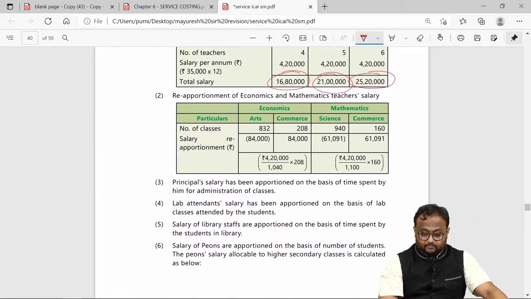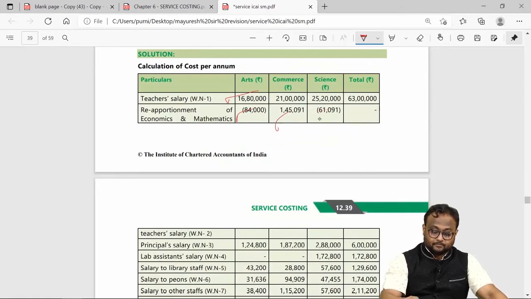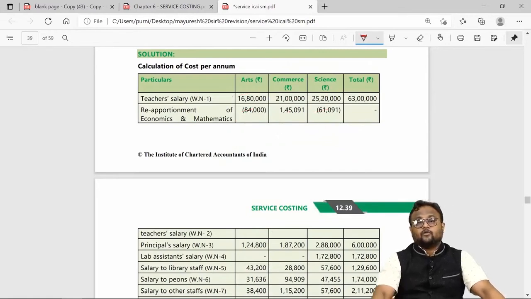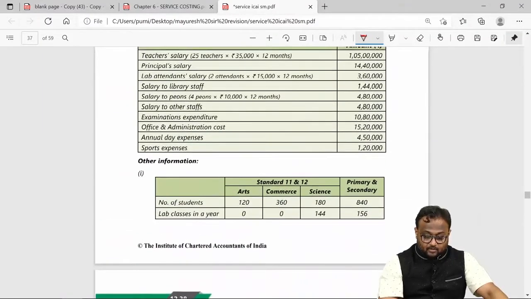This is what I have actually paid to these people. I'm just supposed to remove 84,000 from arts, 61,091 from science, and it is to be added to commerce. So this is your total wages and this is reapportionment. If the cost is incurred for commerce students on commerce students, let the commerce stream bear the burden. That is one thing. Then your next calculation was about